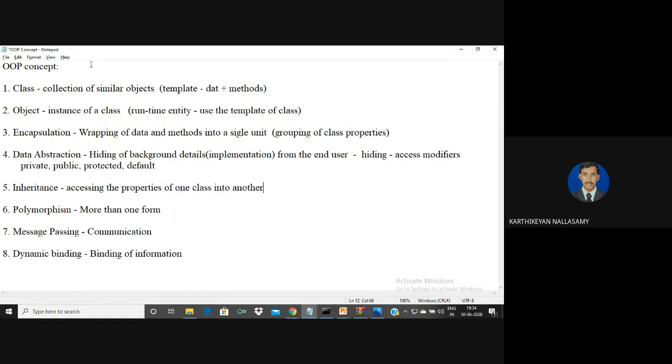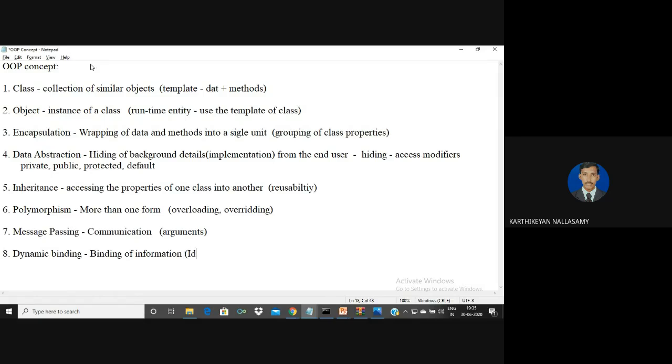And inheritance is the process of accessing the properties of one class into another class. It provides the important property that is called reusability. And polymorphism is the ability to take more than one form. So it is achieved in two ways: one is overloading and the other is overriding. Next one is called message passing. Message passing means sending arguments, how the methods will communicate with each other in the functions.